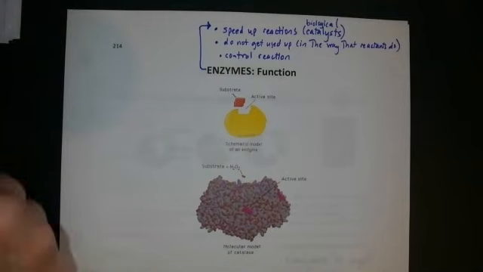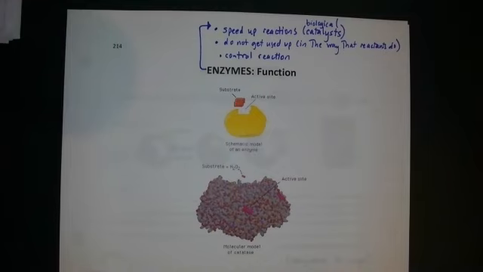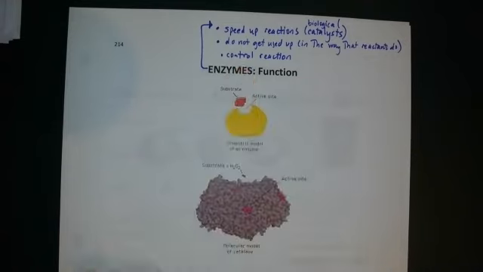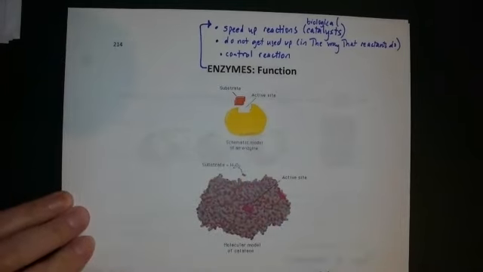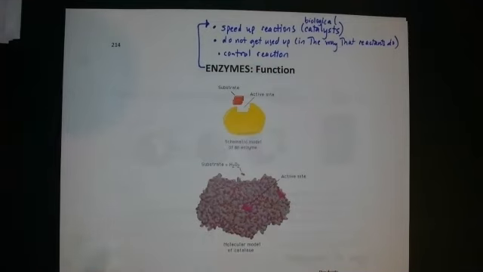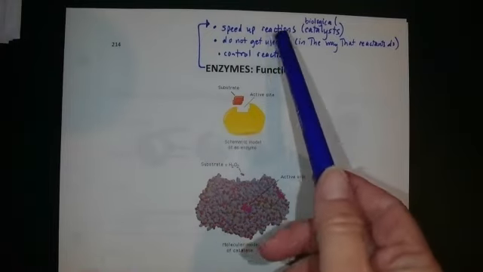You learned when we were talking about organic chemistry, for example, about Markovnikov's rule, how there's a major product and a minor product when you're hydrating an alkene. You also learned about Zaitsev's rule, how there's a major product and a minor product when you're dehydrating an alcohol. By controlling the reaction, what I mean is enzymes can steer the reaction toward a preferred set of products. That's probably the most simple way to say that. They help determine what the reaction products will be if there are multiple options. So that's what enzymes do.